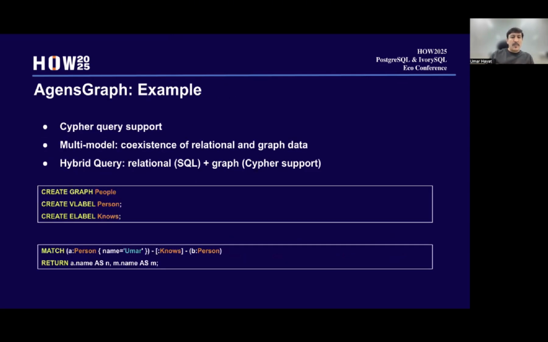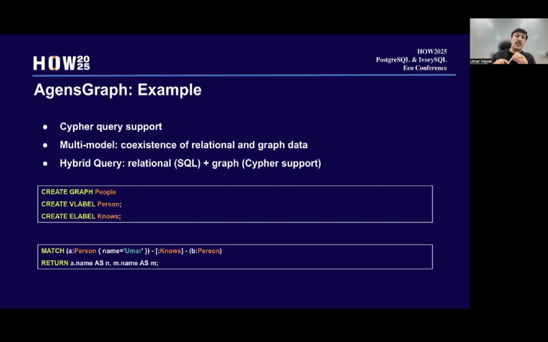Now, let's see how it looks. I'm not going into too much detail about how graph data is represented. You probably already have different talks, and these kinds of databases have been in the market for almost 10 years, or maybe 20, so everybody knows the relations between different entities.